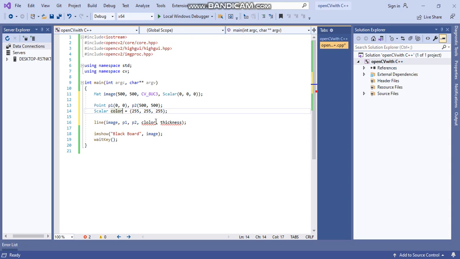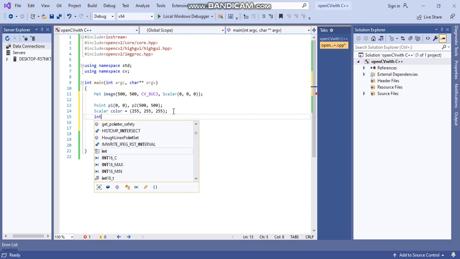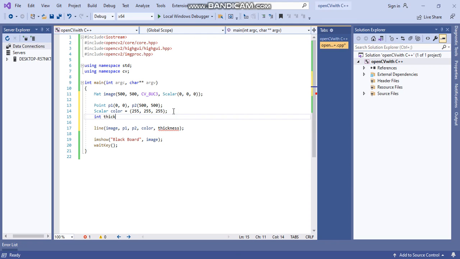Now this red symbol will go, color, okay, so no red. Now thickness, define thickness here, int thickness equals, suppose 3. Now thickness is also fine.